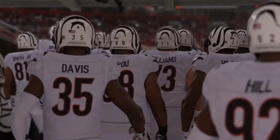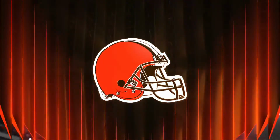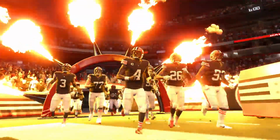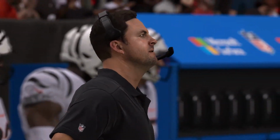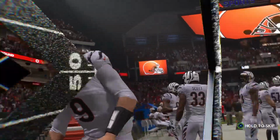In downtown Cleveland, Ohio, as we get set for football here at the always rockin' Cleveland Browns Stadium. Straight ahead, we've got a pretty good one on tap, as it will be the Cincinnati Bengals taking on the Cleveland Browns. Brandon Gaudin, joined as always by my partner Charles Davis. Charles, these Browns, no other way to...